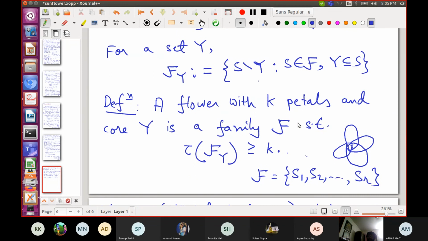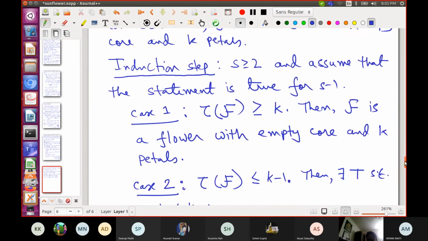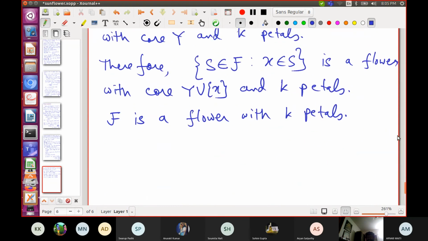If something is a flower and you add more sets to it, it continues to be a flower with the same number of petals. That is not true about sunflowers. That's true about flowers. These are subtle details, but that proves this theorem.